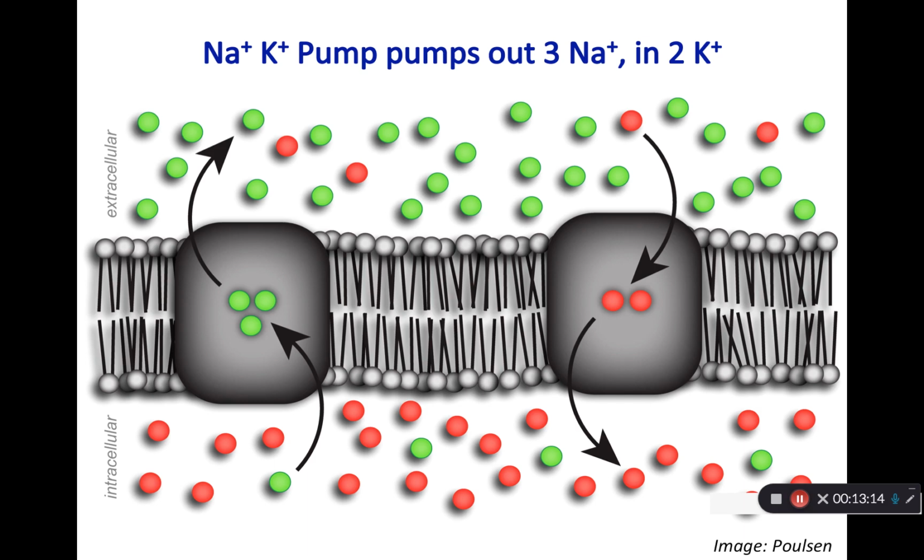Here is an image which shows you a schematic of a sodium-potassium pump. This is a sodium-potassium pump in gray, and it transports three green sodium ions against their concentration gradient across the membrane. And at the same time, it transports two red potassium ions, again against their concentration gradient,